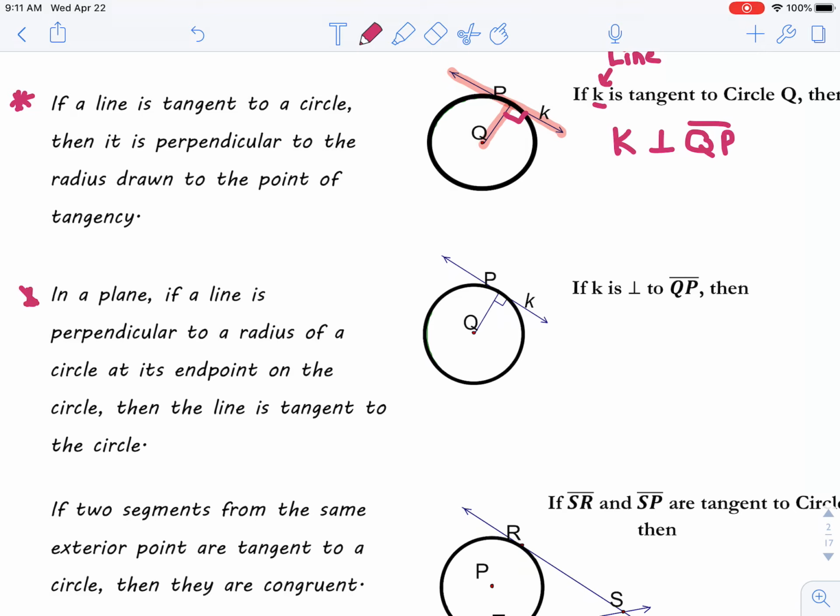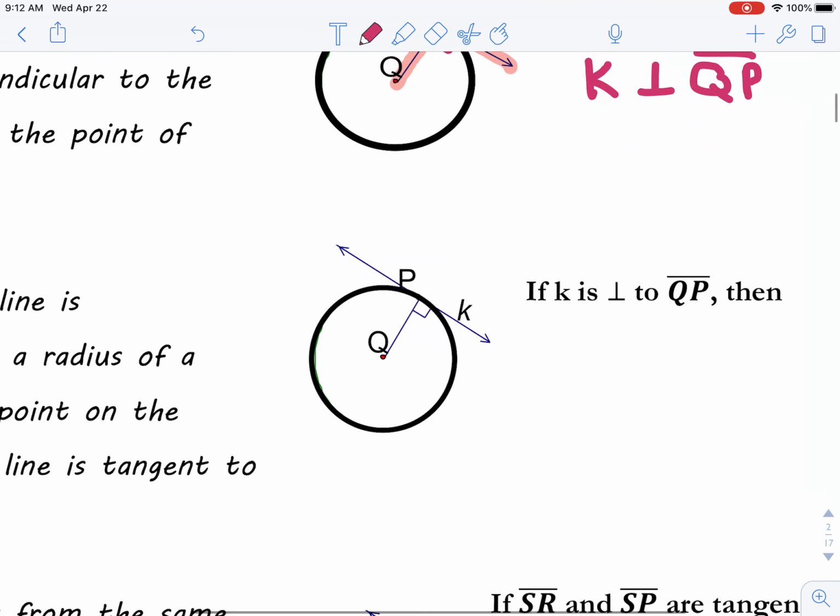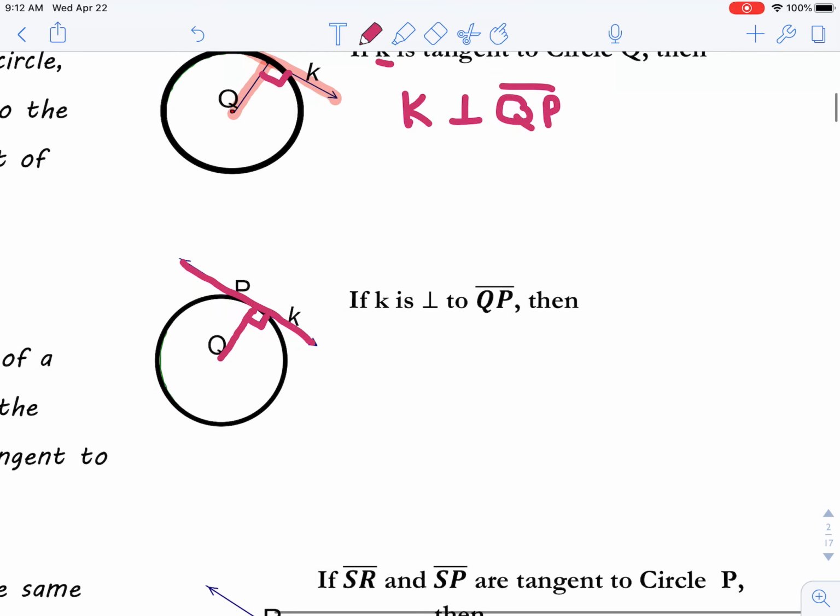Our next one: in a plane, if a line is perpendicular to a radius of a circle at its endpoint on the circle, then the line is tangent to the circle. So, if I have a circle in which the radius is drawn to a point where that line intersects the circle, and they are perpendicular, then that means that line is tangent to the circle. So if K is perpendicular to QP, then K is tangent